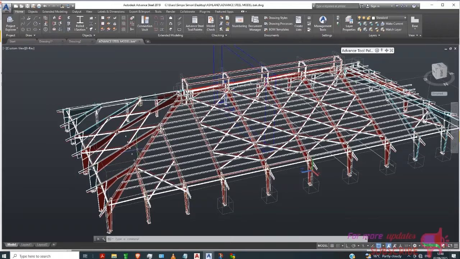So I will go to Home and you can see this extended model option here. In here, you can see another option for purlins. I'll activate Insert Structural Purlins in 3D Model, and then I need to select the object. So I'll pick that,